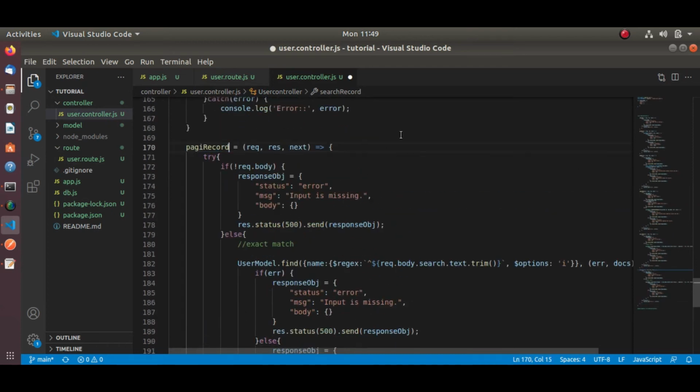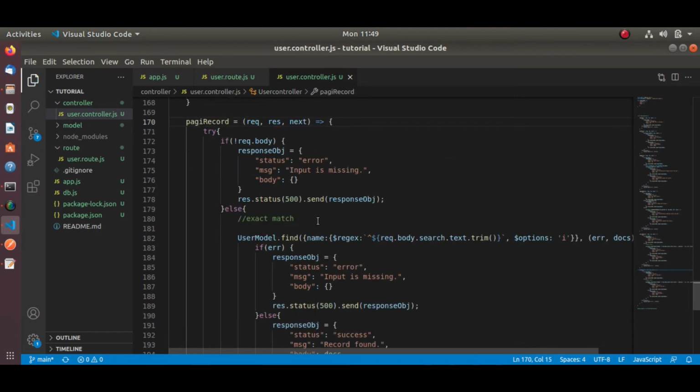Here I will do the pagination. The same way, if the body is not there, I am passing the input payload inside the body using the post request. If the input is not there, it will throw this validation message to the user. Otherwise, we will do the pagination.